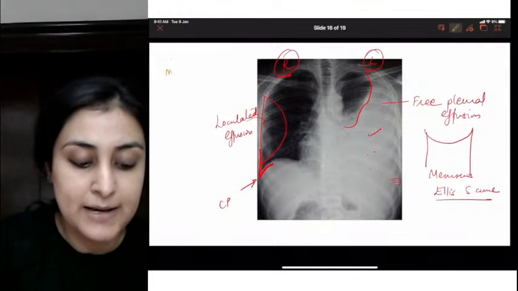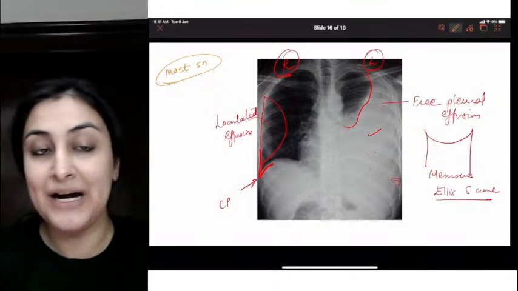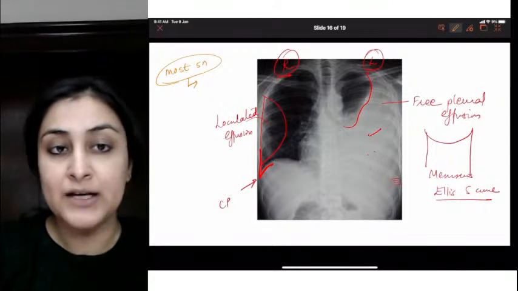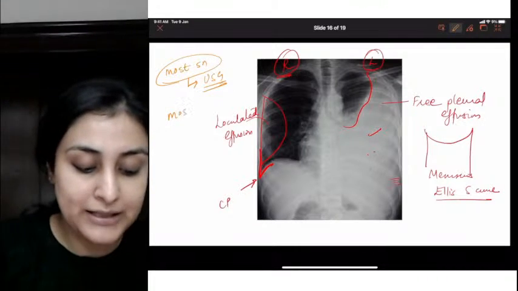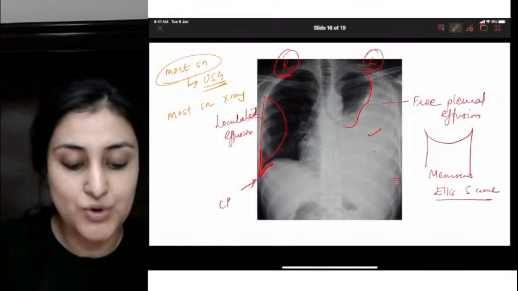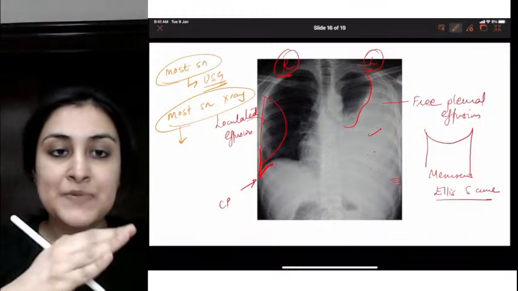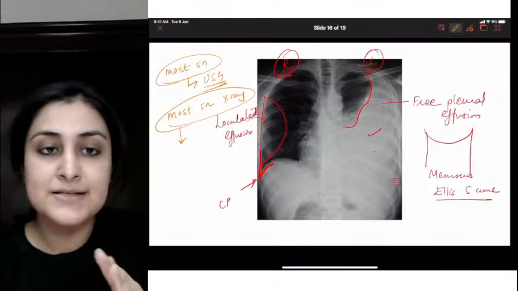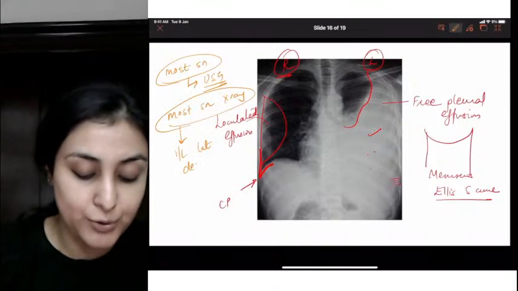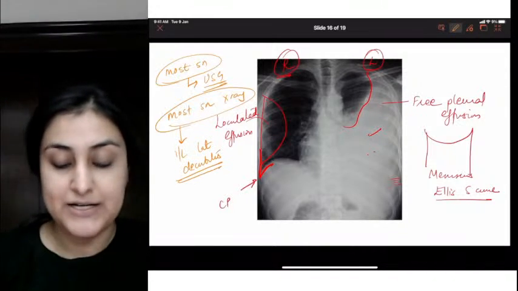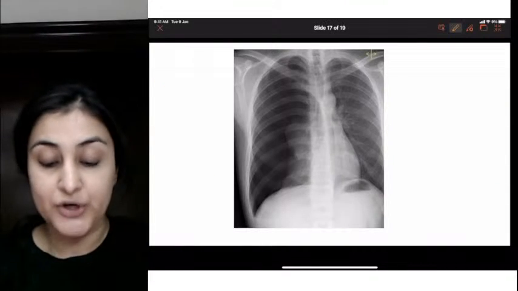Few follow-up questions. Most sensitive investigation for any fluid, what does our thumb rule say? If we want to see water, what will we look at? Thumb rule says ultrasound. So the most sensitive investigation is ultrasound. If I tell you that no, I have to do an X-ray only, which is the most sensitive X-ray as far as effusion is concerned, it will be ipsilateral lateral decubitus. Ask the person to lie down on the side where there is effusion and you can pick up the minimum amount of fluid. Ipsilateral lateral decubitus. So two questions that you need to know.